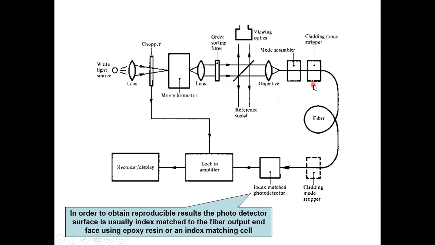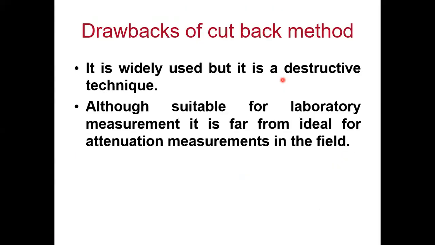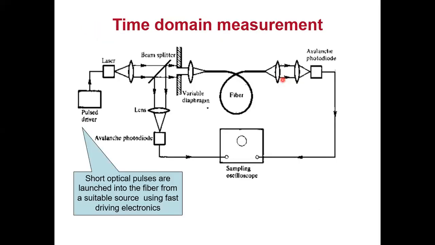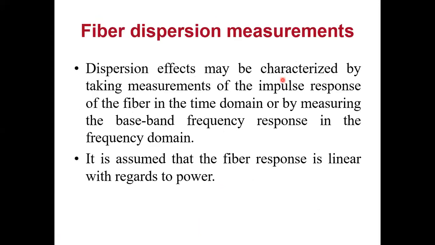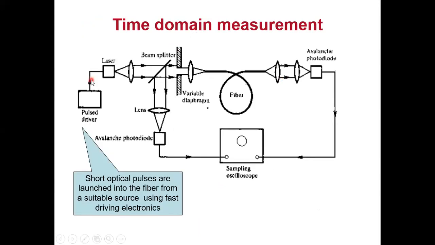This was there in attenuation measurement because we wanted that no light should enter the cladding. Otherwise, that power is considered. Here we are not interested in the measurement of the power level, we are interested in the measurement of width. So these two things are not present in the block diagram. Again, as I have said earlier, these are diagrams from the book of Senior.